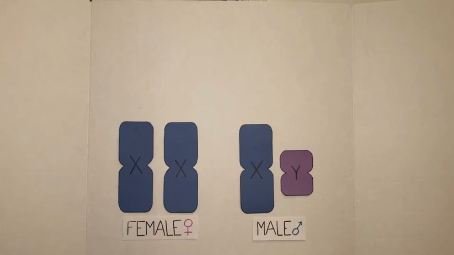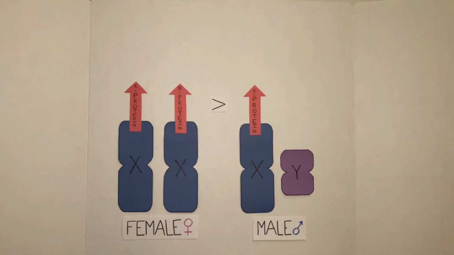Since this video topic concerns the X chromosome, we are talking about sex chromosomes. Female cells contain 2 X chromosomes, while male cells contain 1 X chromosome and 1 Y chromosome, each of which code for different protein synthesis, which causes a problem. Female cells are synthesizing twice the amount of X-coded protein as male cells.